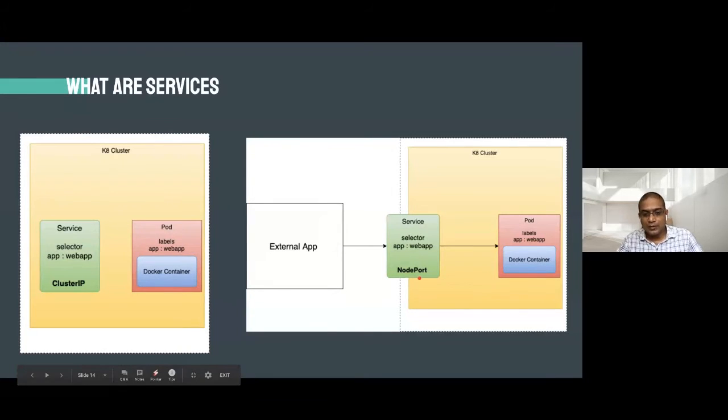So this is what we are going to do now. We are trying to define a service that can expose our web app to the outside world. When you are defining services, there are two ways we can define a service. One is by giving the type as cluster IP, and the other is giving the type as node port.